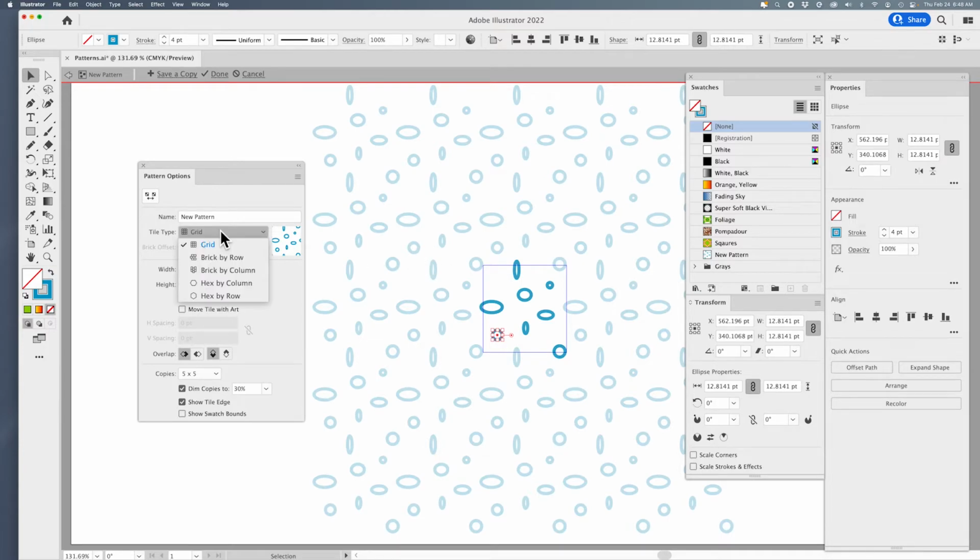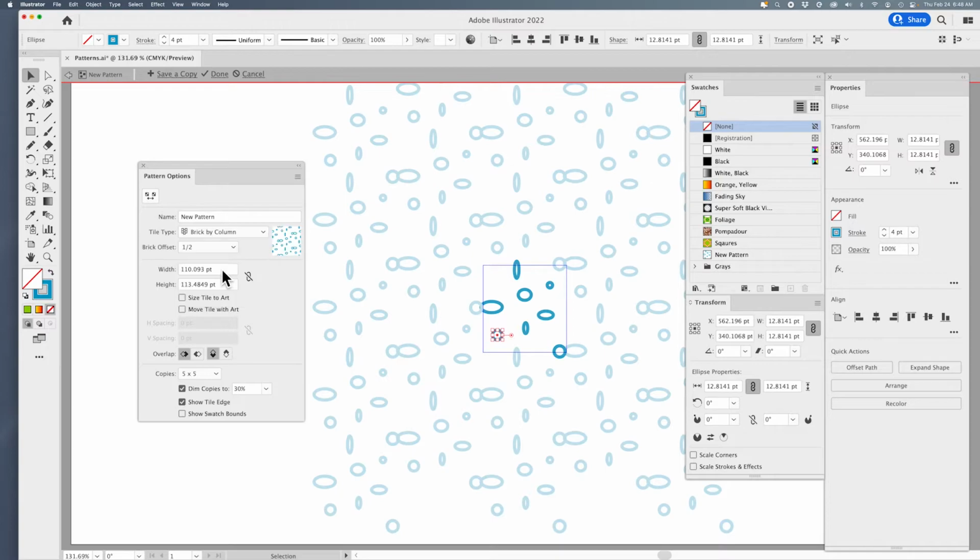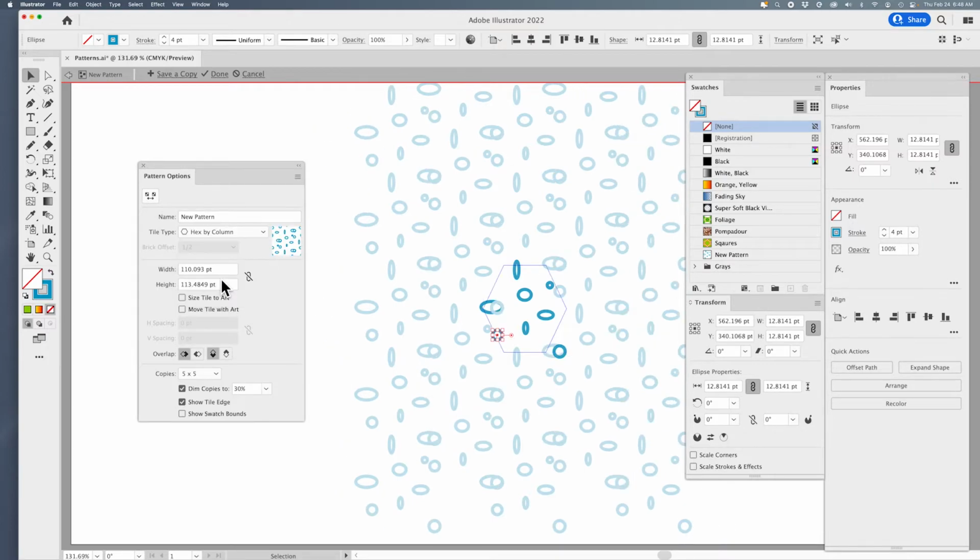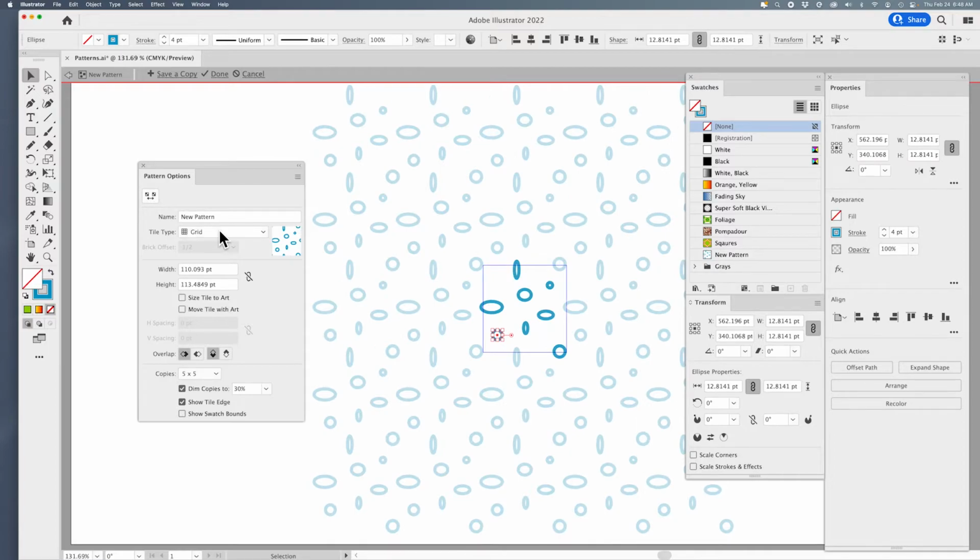Now, I'm still using the grid here, but I can do different ways to display that. I can use just the standard grid, which is what I'm using here. I'm not going to use any offset because I want these to kind of interlock like a puzzle. So right now, I think this is fine. I think it's looking good. So I'm going to name this in the name section, and I'm going to click Done,